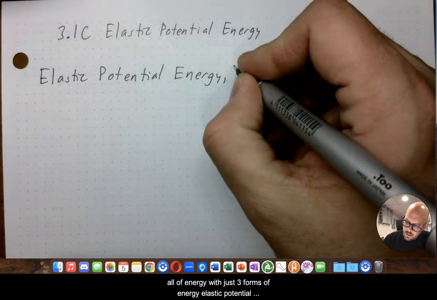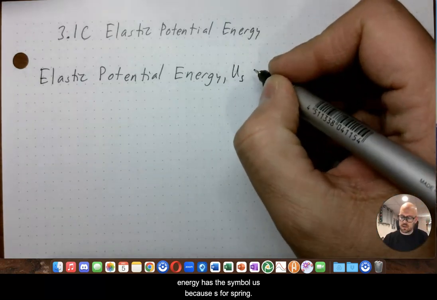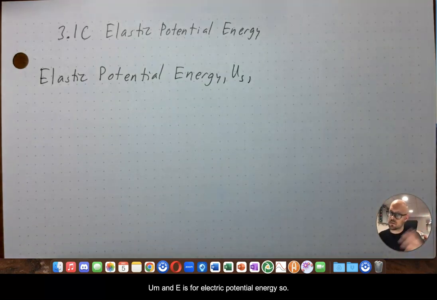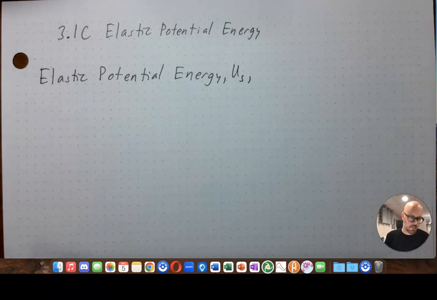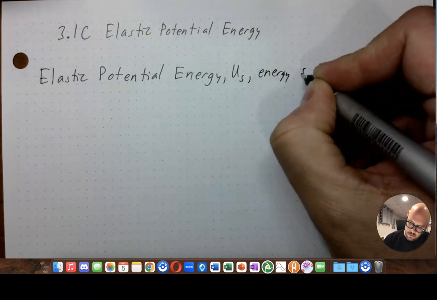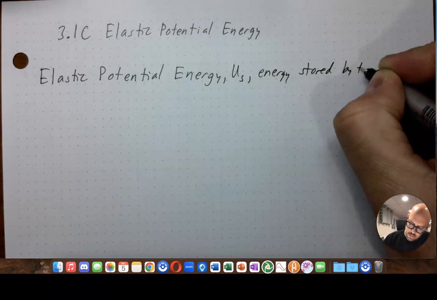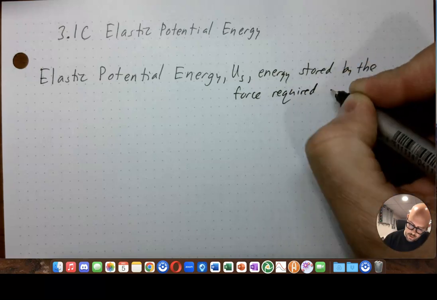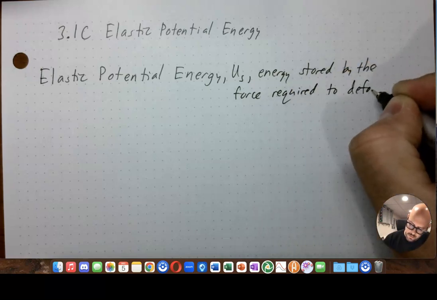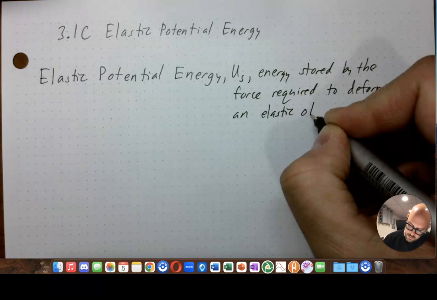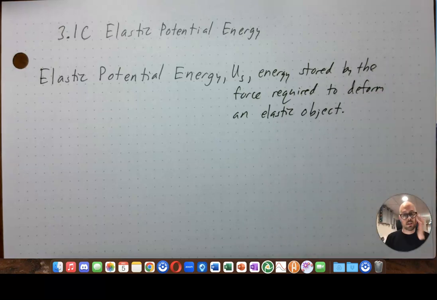Elastic potential energy has the symbol US because S is for spring, and E is for electric potential energy, so it was maybe taken. So we're going to use S for spring. It is energy stored by the force required to deform an elastic object. An elastic object is one that when you deform it, once you let go, it will return